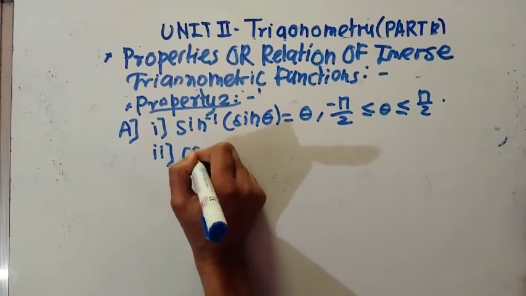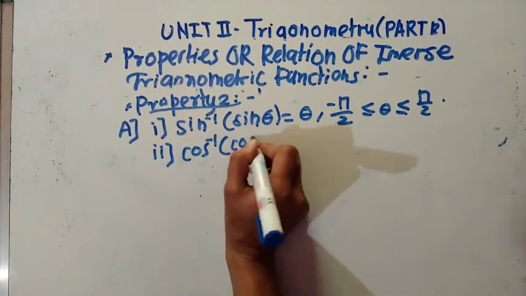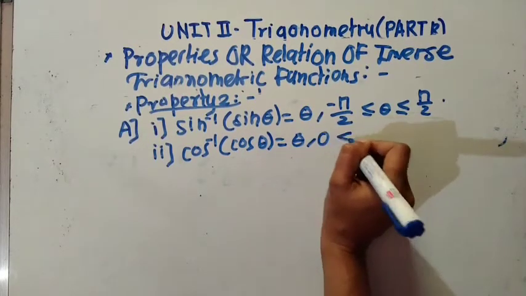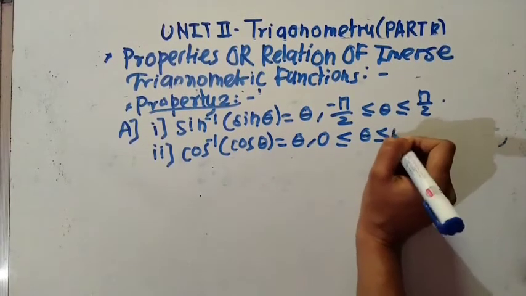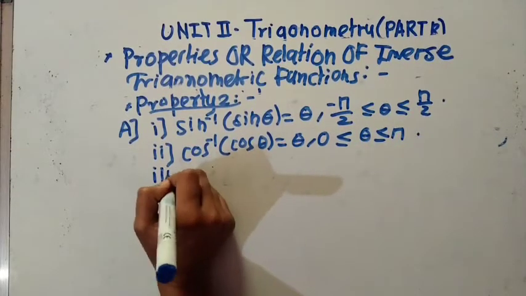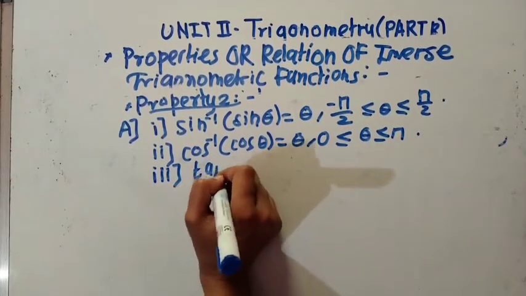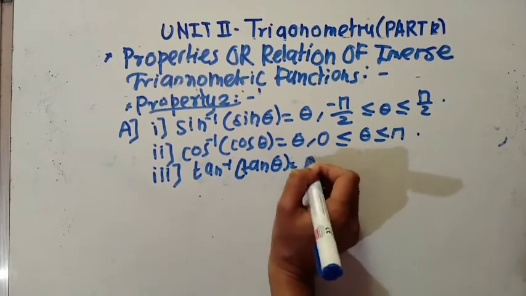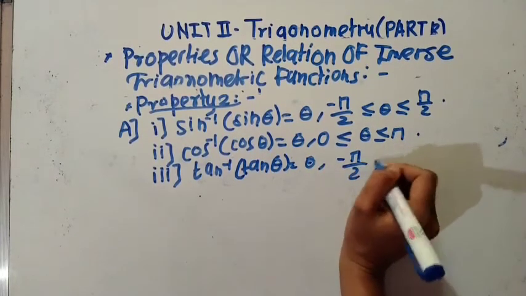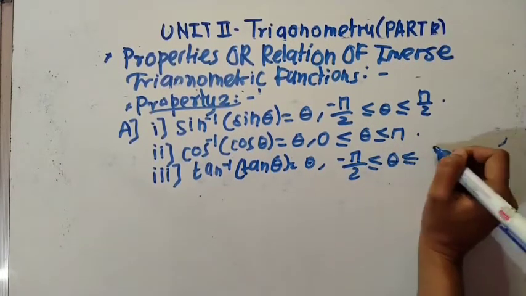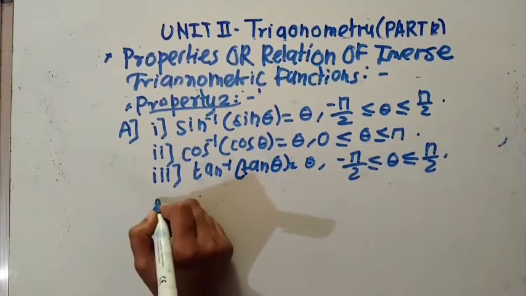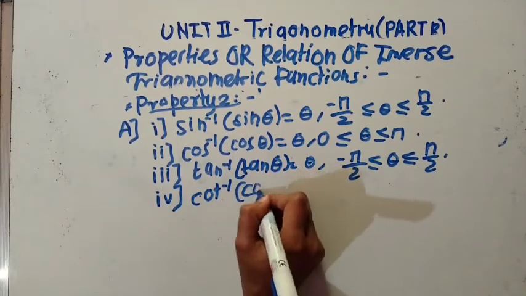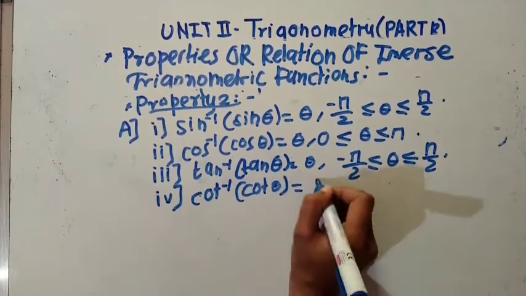And second property is cos inverse of cos theta is equal to theta, where 0 less than or equal to theta less than or equal to pi. Third property is tan inverse of tan theta is equal to theta, where minus pi by 2 less than or equal to theta less than or equal to pi by 2. Then fourth property is cot inverse of cot theta is equal to theta,